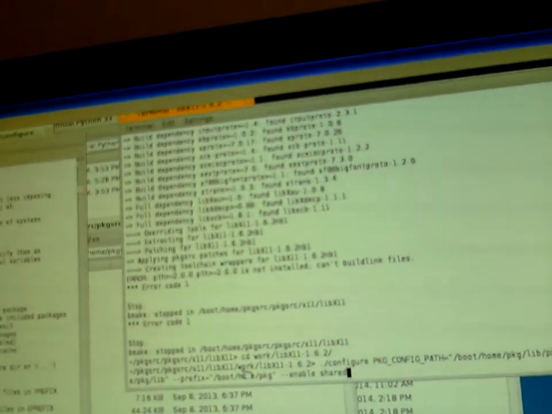So what the hell am I doing here? I'm saying, okay, make me a make file. And if you want to know where stuff's installed on my system, go to boot home package library, package config, because that package config thing's got a list of all the programs that are installed in package source and where their files are. And then if you need to link to a library, I want you to look in boot home package library because that's where all my libraries are. And then prefix is supposed to mean when you make your install scripts, tell it to install its stuff right here. Enable shared means